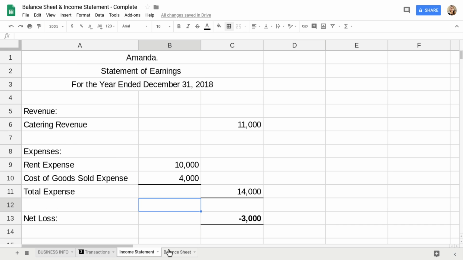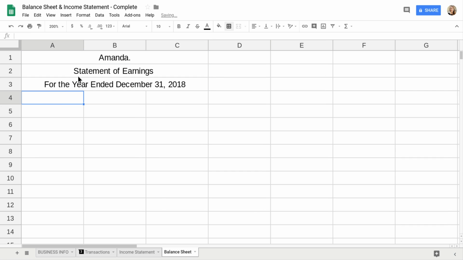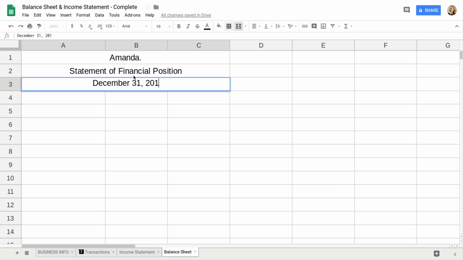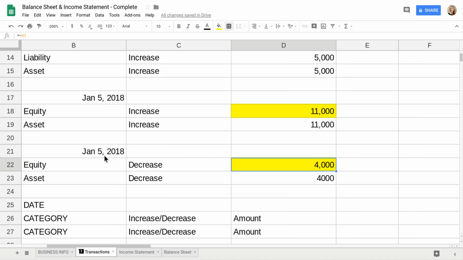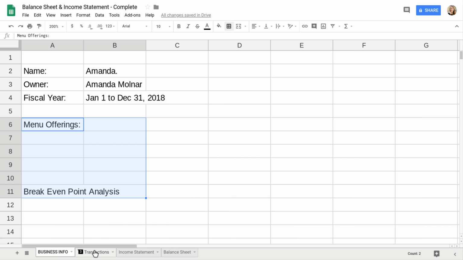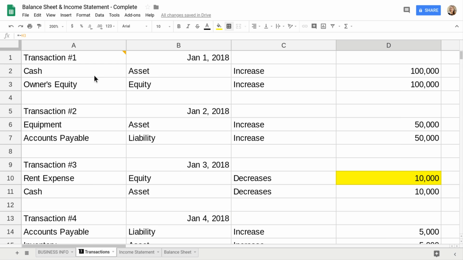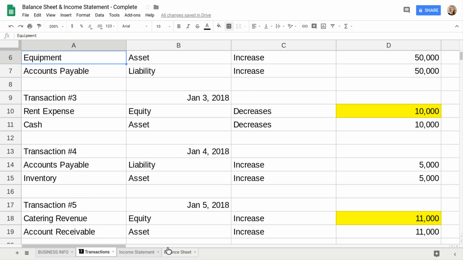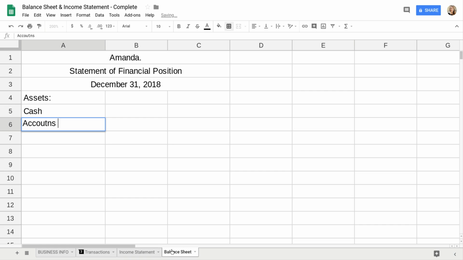Now we need to do our balance sheet. So I'm going to save myself some time and copy this into this one. Nice. Here's our balance sheet here, but this is actually our statement of financial position. And again, this is just December 31st, 2018, because this is a picture. So assets. What assets do we have? We have, starting at the beginning, cash, equipment, inventory, and accounts receivable. So cash, accounts receivable, inventory,